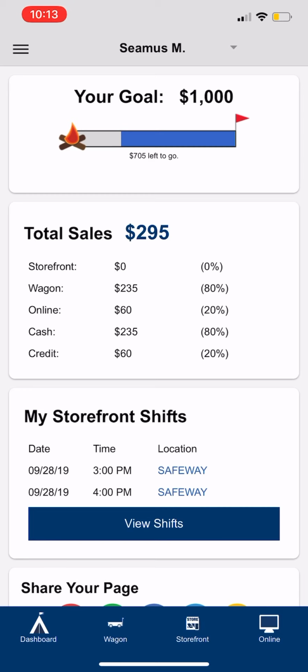So down at the bottom here, these are all the tools that you're going to use. So again, the dashboard will always bring you to this page. Your wagon sales is actually where you would process an order. This is like the piece of paper, the form that your kids carry around, and they fill out and they say who the person is that said they would buy what, and then